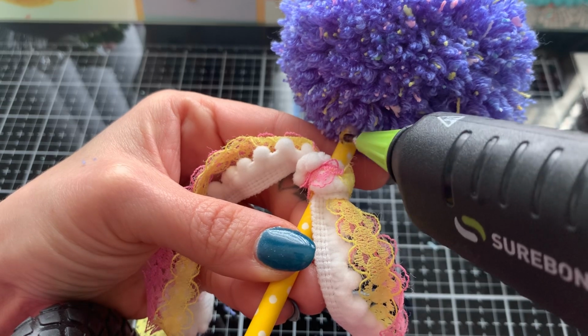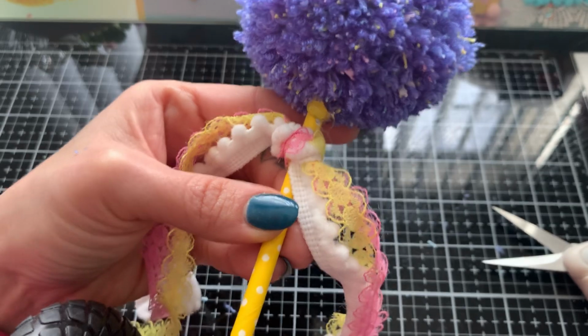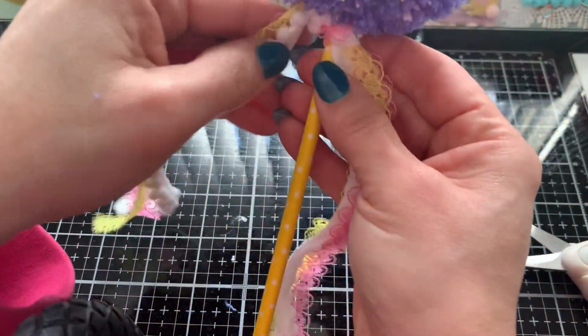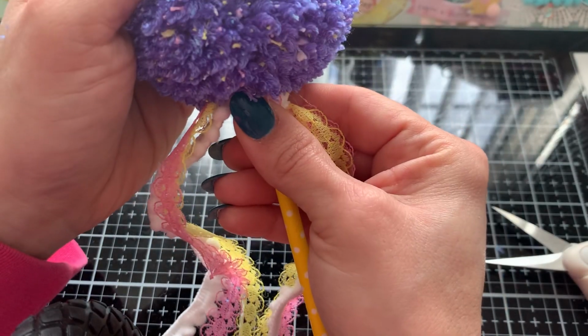Don't you hate that when you put a new stick in, you have to go and push it like 5 times before it finally just starts staying in there? Okay, so I push this up there so that these are hanging down. I have to trim those, but this is just so that,